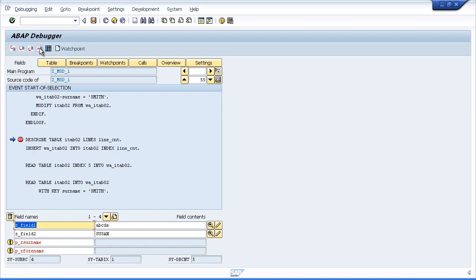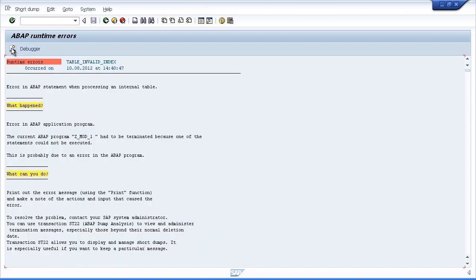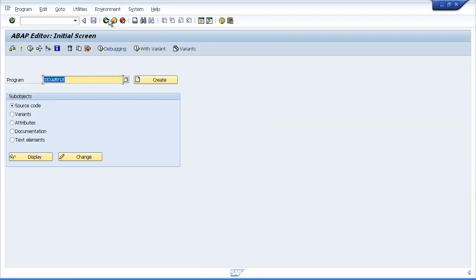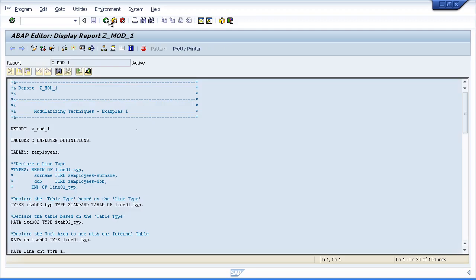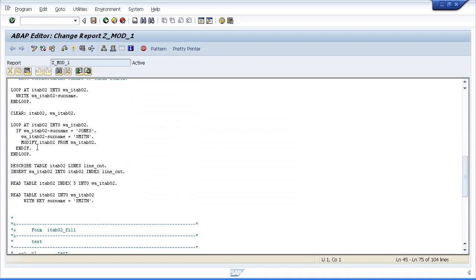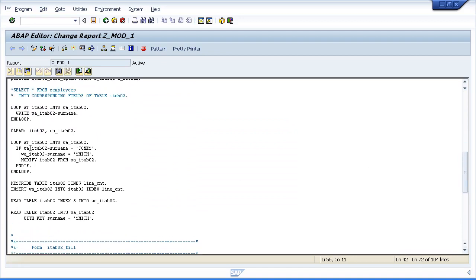Zoom through that. Simple describe. And then the program crashed. Let's have a look. And yeah, there we go. There's the problem. We have this clear statement, so the internal tables are actually empty at the time we try